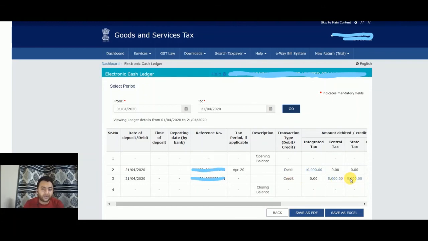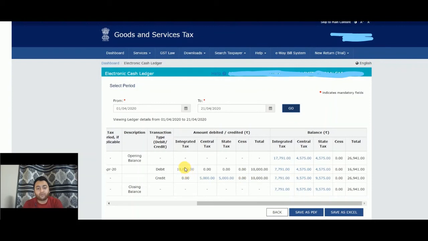So it clearly seems that the amount has been correctly transferred, and it was transferred live. The amount has been transferred from integrated tax to central tax and state tax, and the closing balance is appearing like this. So now you can utilize this 10,000 which was lying for years or months in your electronic cash ledger. Now you can utilize that amount.